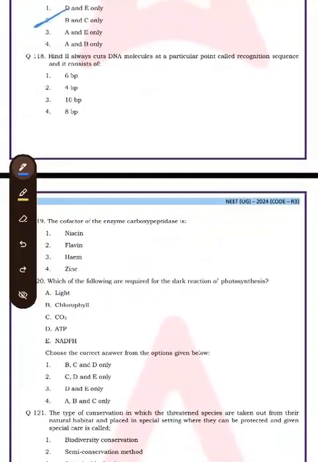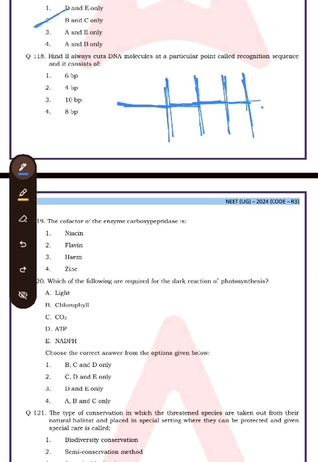Next. Hind II always cuts DNA molecules at a particular point called recognition sequences. Yes, okay. And it consists of what? The Hind II whose functioning depends on specific DNA nucleotide. It cuts at particular specific DNA nucleotide. So after seeing this specific DNA, they found that Hind II always cuts at a particular place. That place has 6 base pairs. 6 base pairs. Okay. After each 6 base